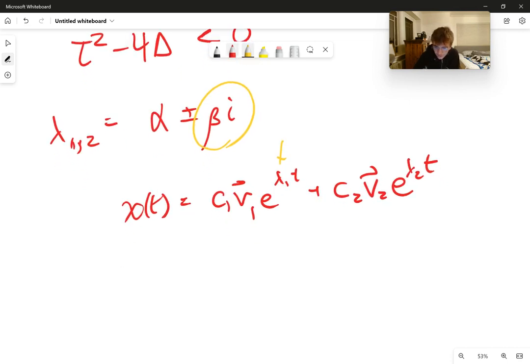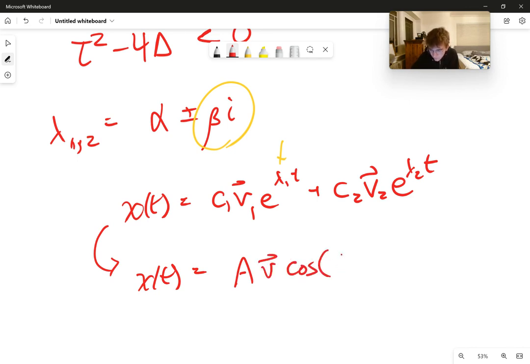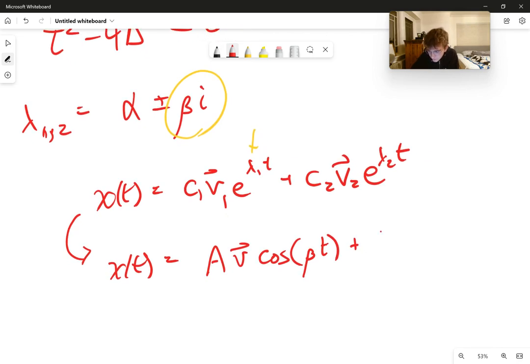So you're going to have a solution that can be rewritten in the form x of t is some c1 v1. Actually, I should emphasize that these are different constants, so I just put a v cosine of beta t plus b